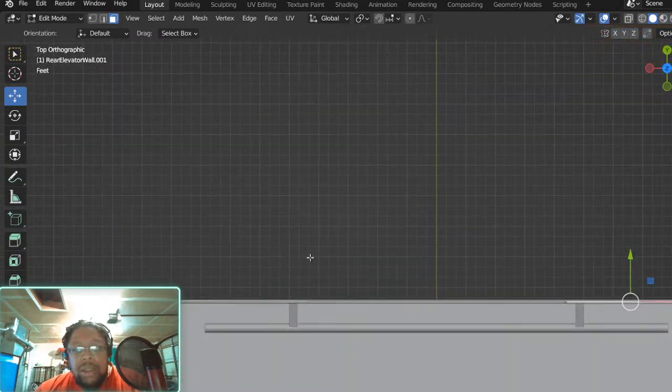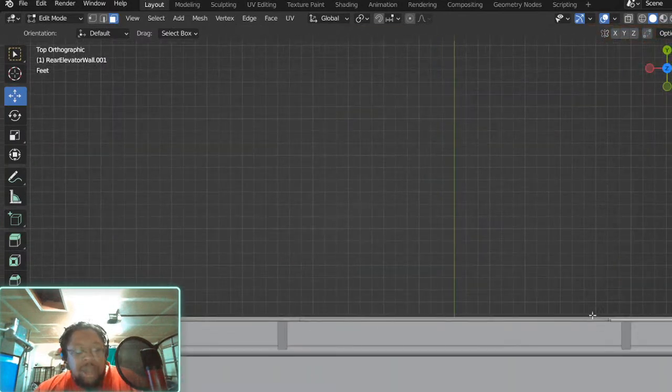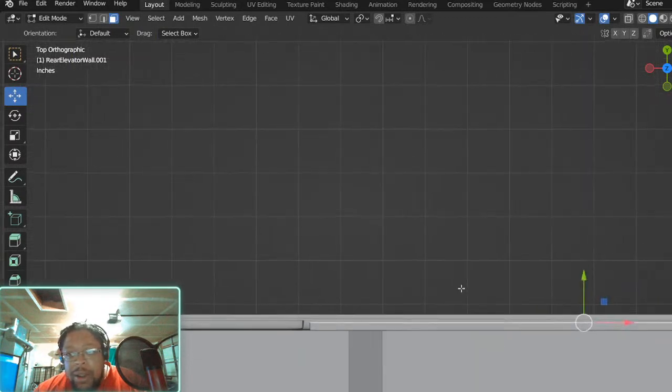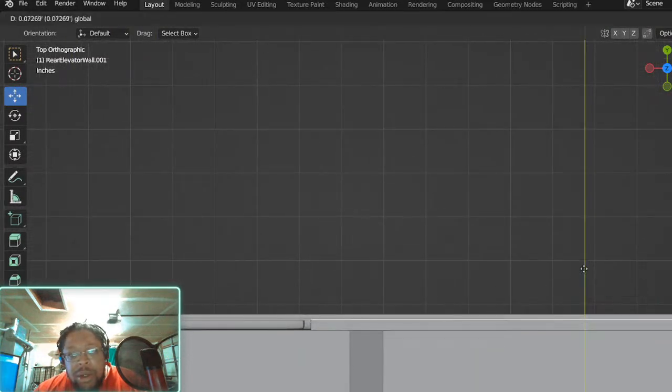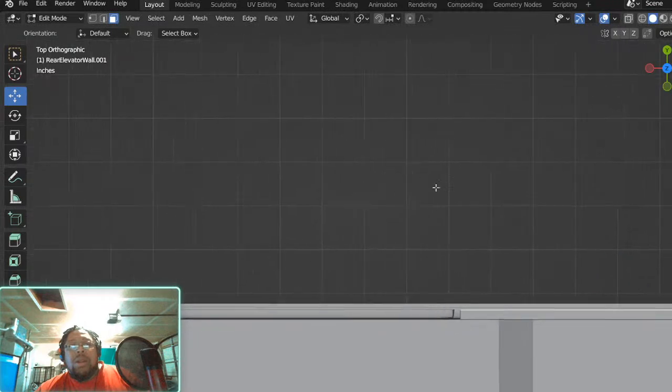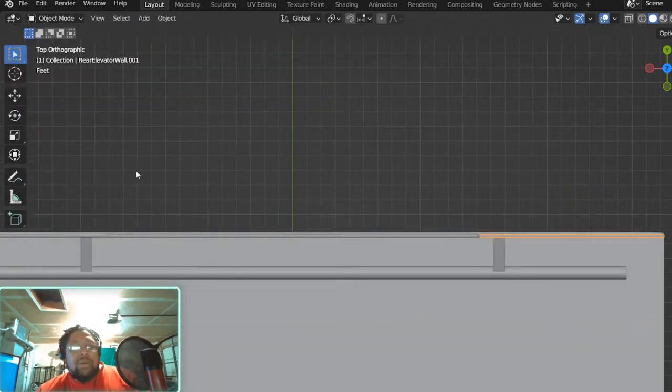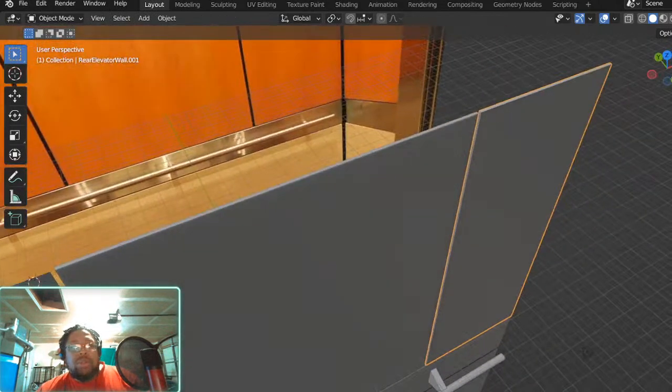No, I'm gonna do it like this. Easy way to make sure that I did it the same length. And as you can see, I'm short. This one.